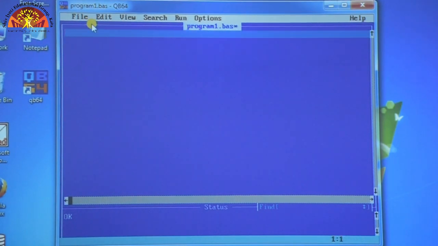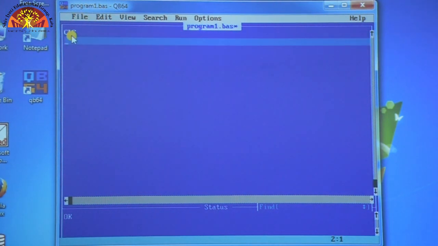Students, now we will see the use of commas in the program. For this we have to type CLS and then we have to write PRINT, space. Inside the double quotation we have to type Sunday, then put a comma after the Sunday, then again double quotation. Inside the double quotation we have to type Monday, comma, space. Now we have to write Tuesday in the double quotation.